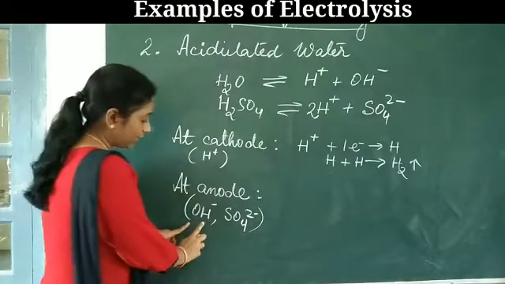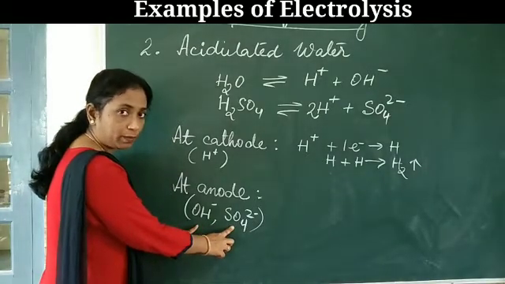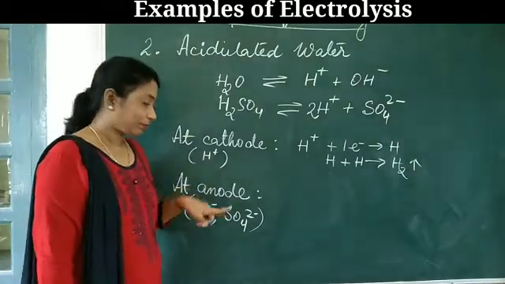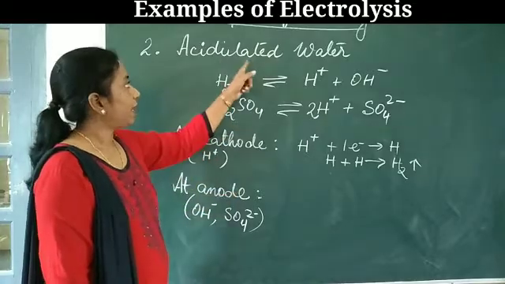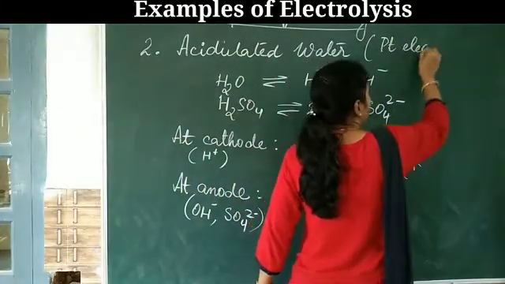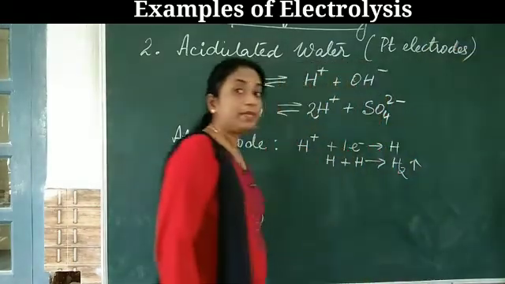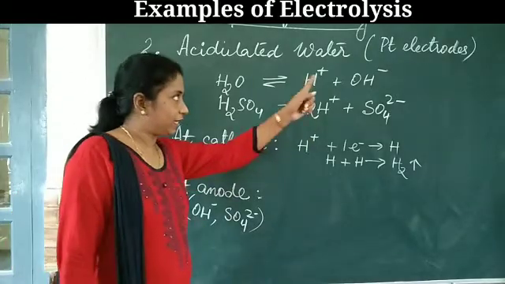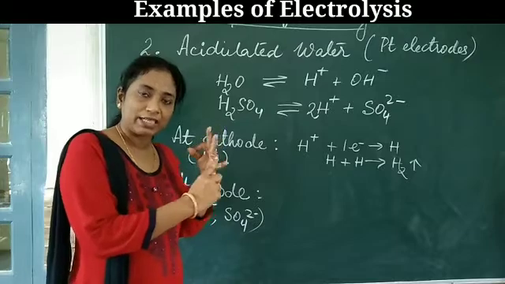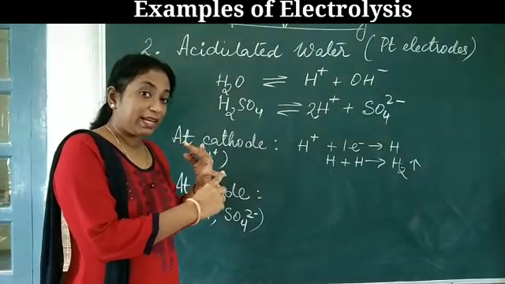At the anode, what will happen? There are two ions going to the anode, but which one will get discharged? Now you have to go to the acidulated water. We are using platinum electrodes, and we know platinum is an inactive electrode. So at the anode, the third factor of selective discharge is the nature of the